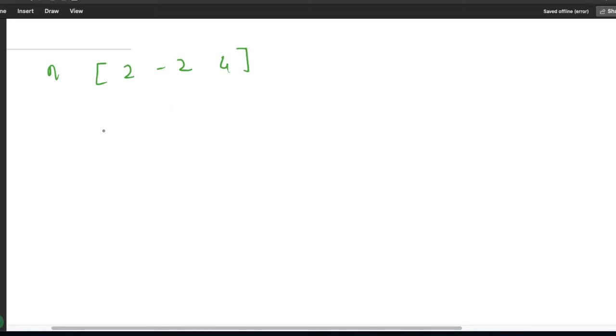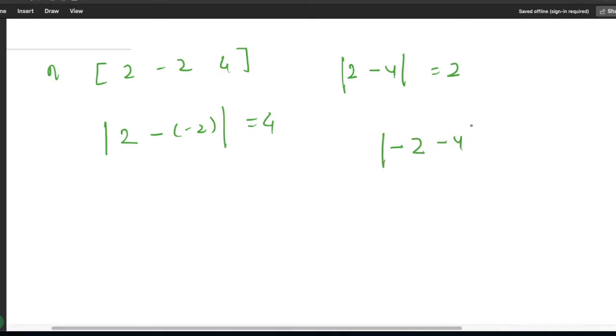For example, if I calculate two values as these two and these two, here the absolute value will be 4. Now the next pair will be 2 minus 4, so the absolute value will be 2, and another pair will be -2 minus 4, so here the absolute value will be 6.